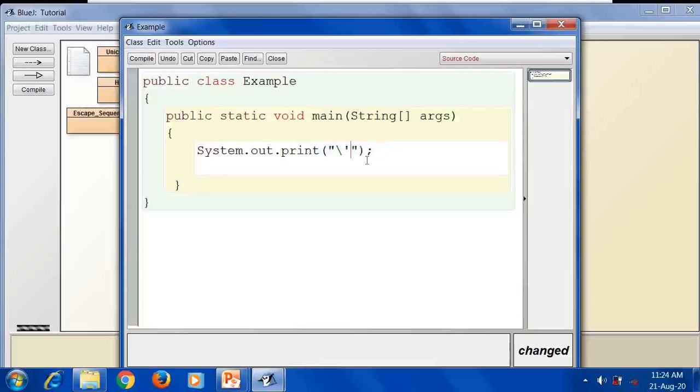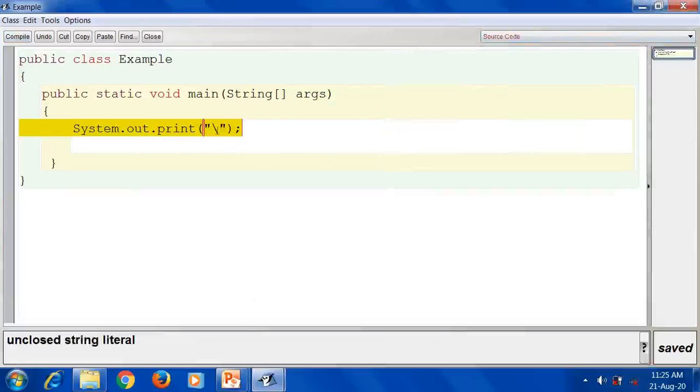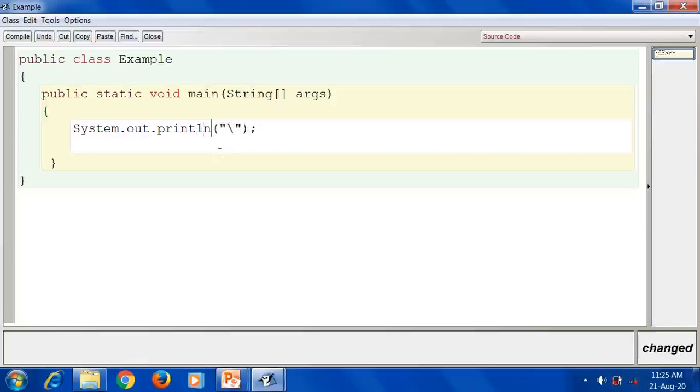Next, some more examples are given. If you want to print this backslash itself, see now what you have got. You have got this error, unclosed string literal. When you write a backslash in a double quote, the compiler is going to throw the error.